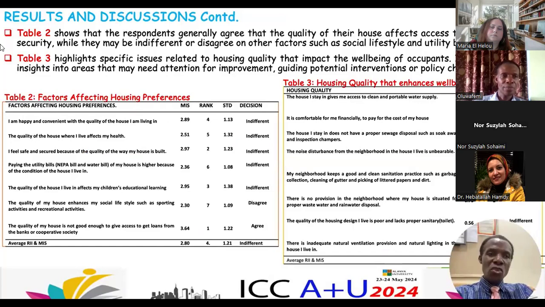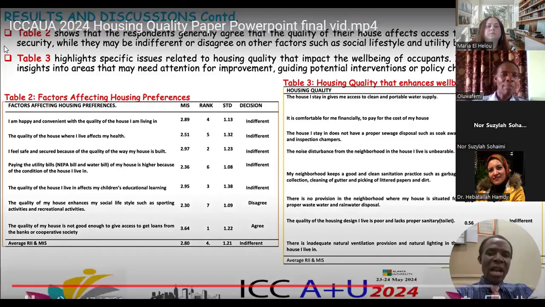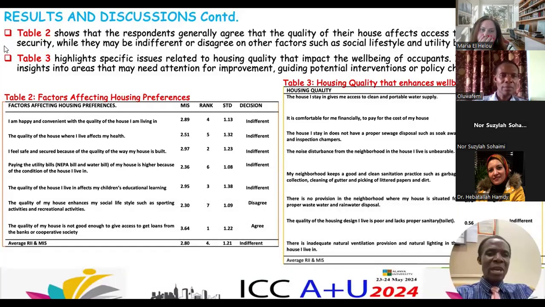We have Table 2, which shows that the respondents generally agree that the quality of their house affects their access to loans, safety, and security, while they may be indifferent or disagree on other factors such as social lifestyle and utility bills. In Table 3, where we have the housing quality that enhances the well-being of the occupants, it highlights the specific issues that relate to housing quality, which impact the well-being of the occupant. It also provides valuable insight into areas that may need attention for improvement, and also guides potential intervention for policy